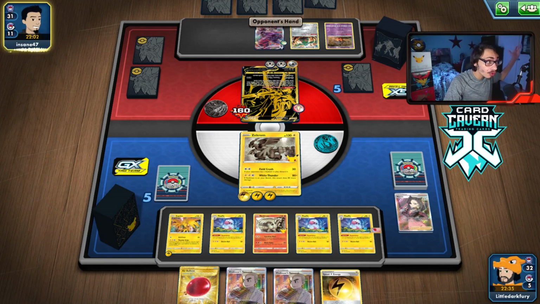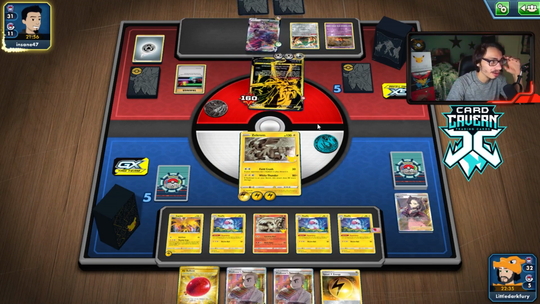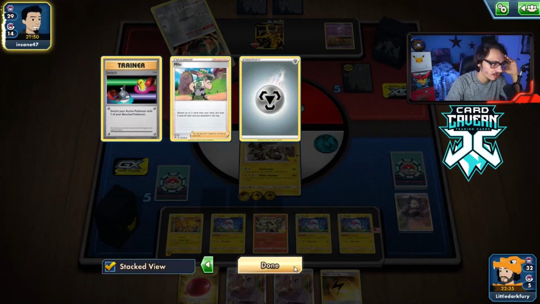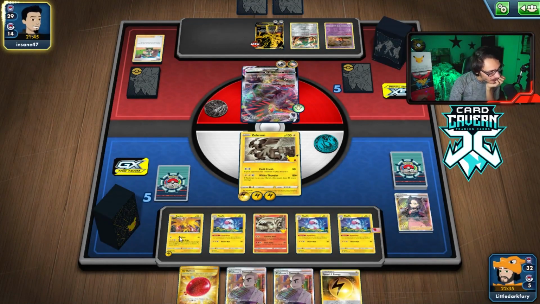Oh, they play Aurora? Bro, what? Okay, this is a very interesting deck. Honestly, I think it's a Bronzong box deck. They play a Milo. Bruh. Oh, they draw 2 cards, which is still actually pretty poor for them. They do have the attack with Corviknight, though, which is annoying, but honestly...